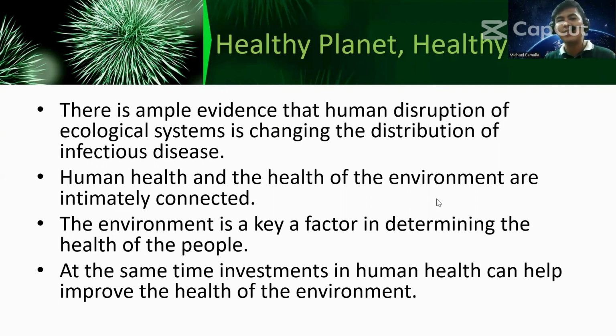Now, again, these four subsystems of the earth are interacting with each other. So if we pollute our hydrosphere, other subsystems would be affected because, again, they are interacting. If we pollute our atmosphere, the biosphere will also be affected. Now, again, healthy planet, healthy people. That means if we have a healthy planet, people living on that planet would be healthy as well. So human health and the health of the environment are